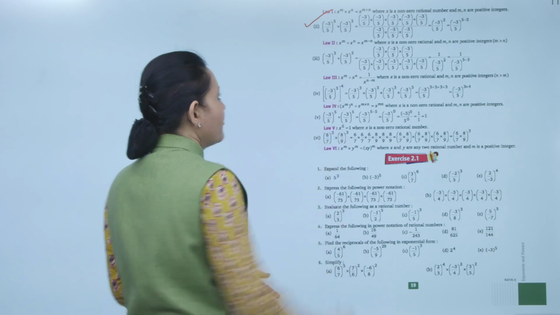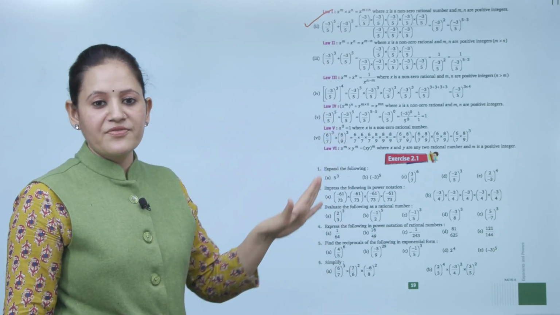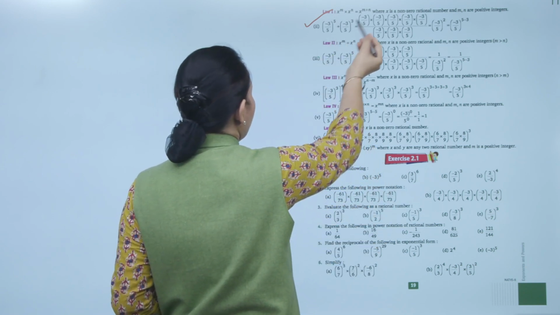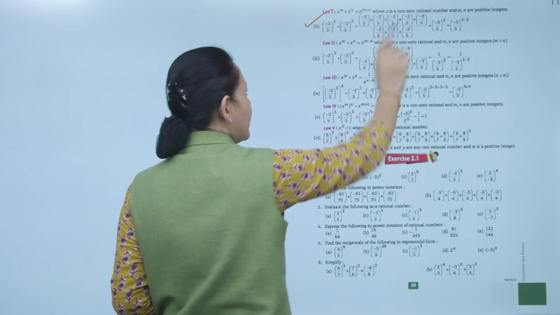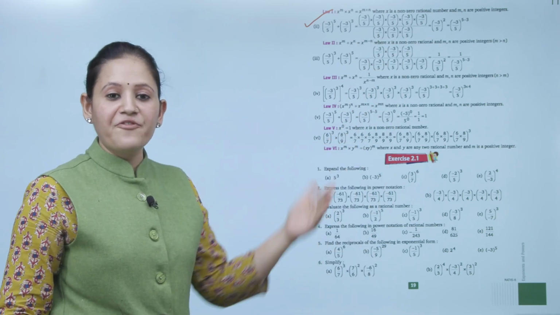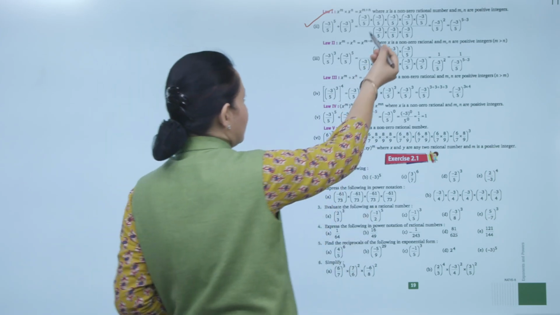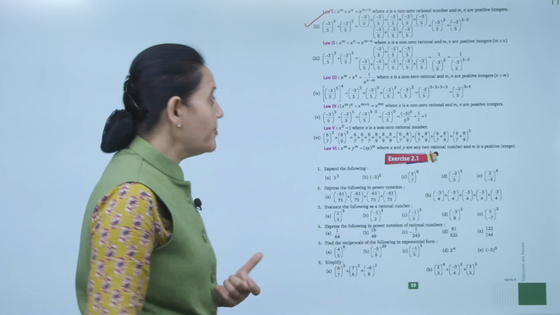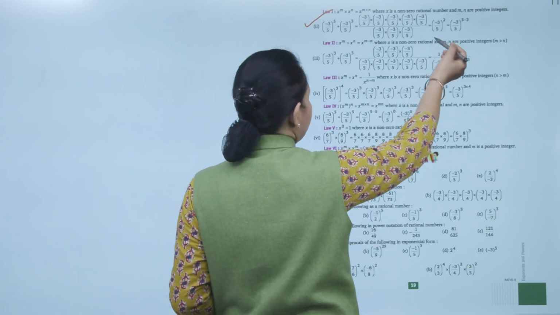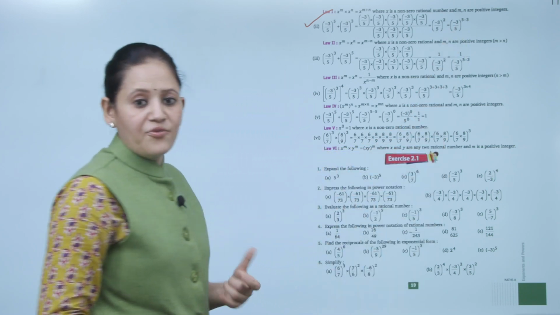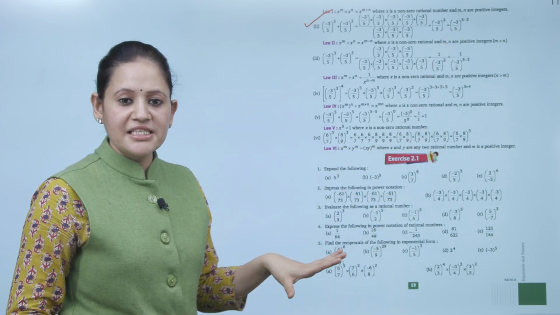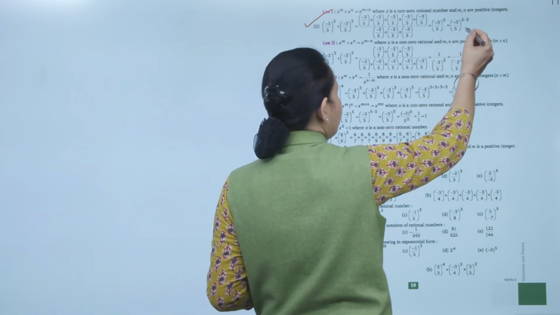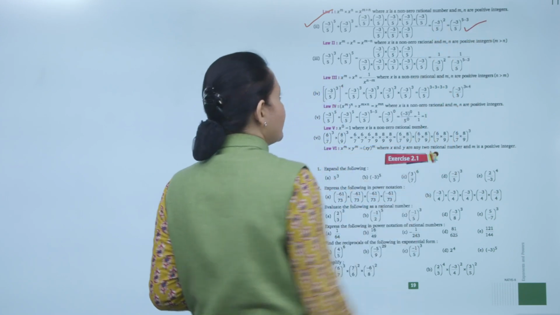(Minus 3 upon 5) to the power 5 divided by (minus 3 upon 5) to the power 3. So what we'll do here: minus 3 upon 5 will be multiplied 5 times, and since it is division, 3 factors of minus 3 upon 5 will come in the denominator. Clear? So that is equal to (minus 3 upon 5) to the power 2. Or simply, in division, if the base is the same we'll subtract the powers, so that is equal to (minus 3 upon 5) to the power 5 minus 3, that is (minus 3 upon 5) to the power 2.